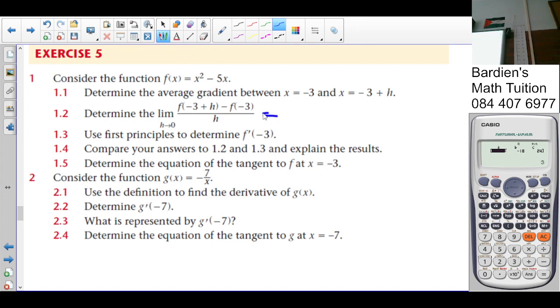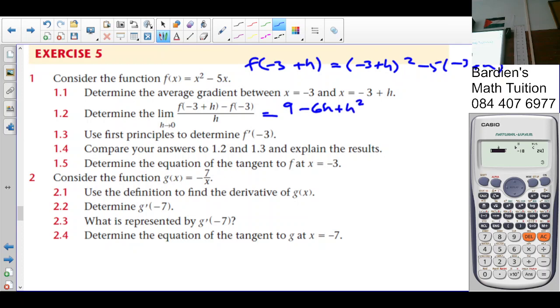We do this: f of -3 plus h is simply (-3 plus h) squared minus 5 into (-3 plus h), which is going to give us 9 minus 6h plus h squared, I'm multiplying that out, plus 15 minus 5h, minus f of -3. f of -3 is simply going to be (-3) squared minus 5 times -3, which is 9 plus 15, which is 24